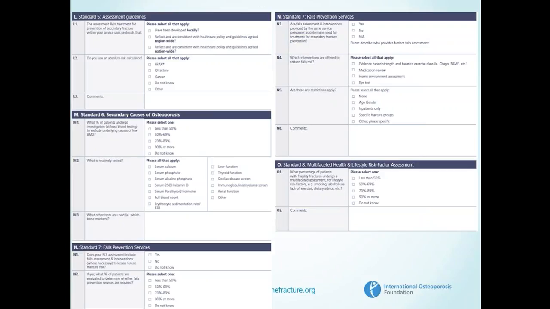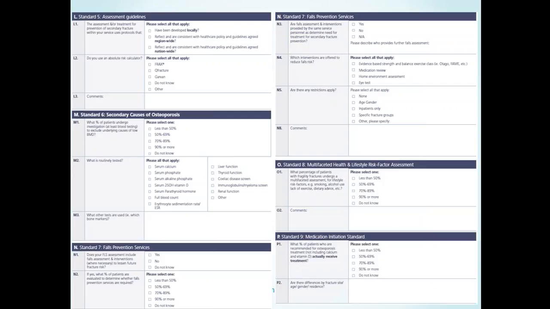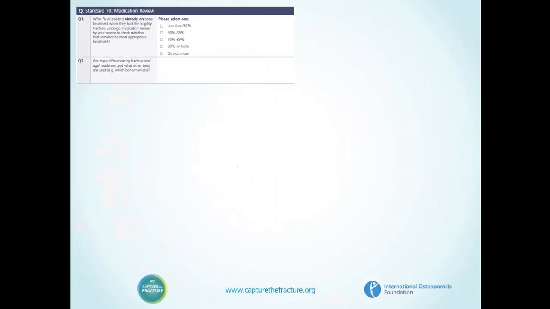And the next question is lifestyle risk factor assessment. As we know, for example, smoking is an important risk factor, and anti-smoking programs should be in place for these patients. Medication initiation, I don't need to go into further. Similarly, medication review